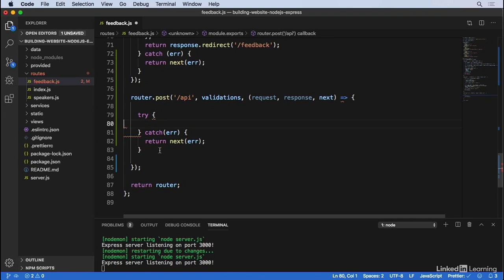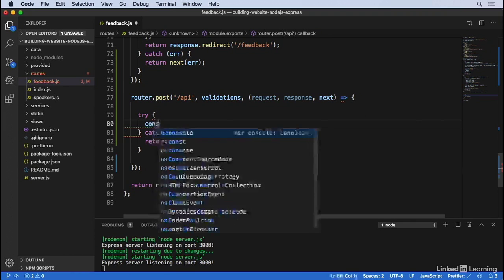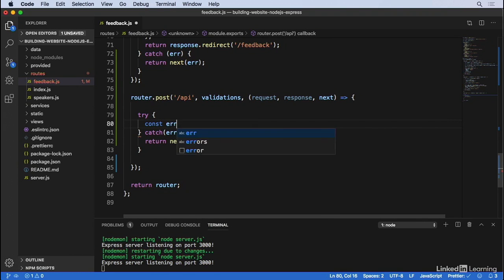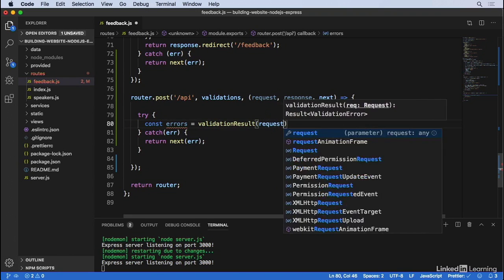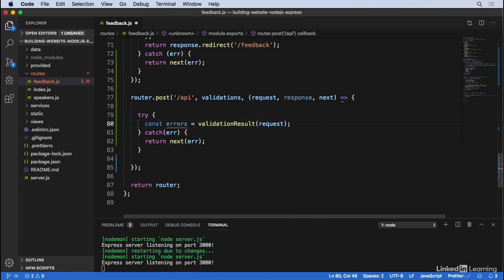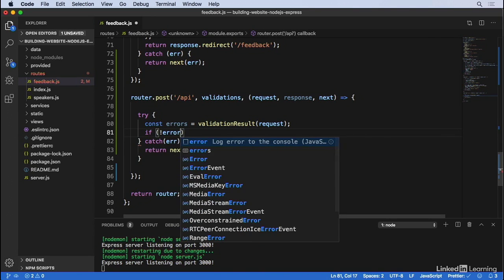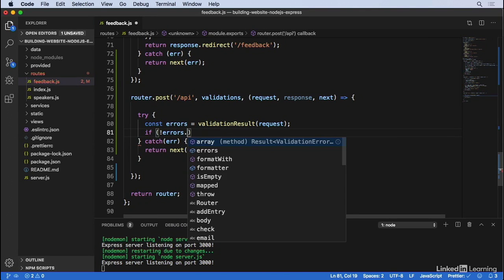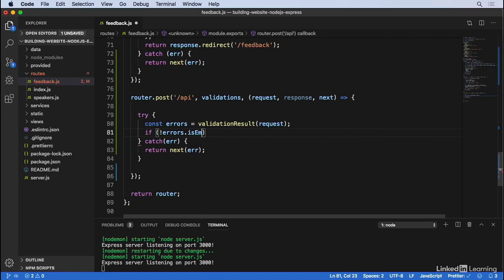And in there, we will now, very similar to before, start out by const errors equals validationResult on the request object, because we also have to check for errors here as well. But differently than before, we cannot redirect the user now because we are not on the browser on this route. So I will now do another kind of error handling. So if there is some error, so the error object isn't empty,